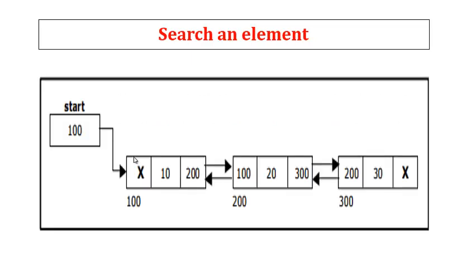Okay, take an example: search an element. I have 3 nodes: node 1, node 2, node 3. Each node has a unique address, that is 100, 200, 300, and the elements are 10, 20, 30. Okay, the first node's previous field represents null, and the last node's next field represents null. This is called the starting node, this is called the ending node. Okay, so I'm going to search for the element 30. Your search element is 30.